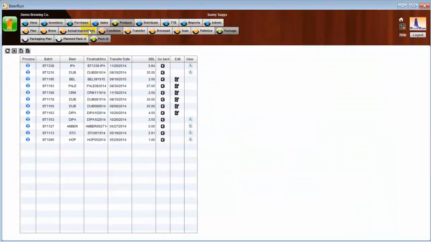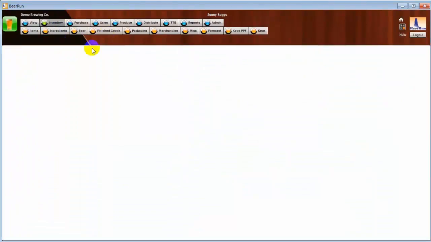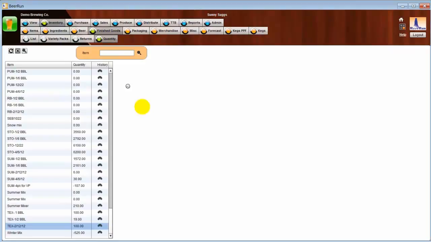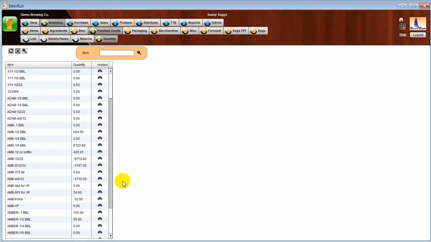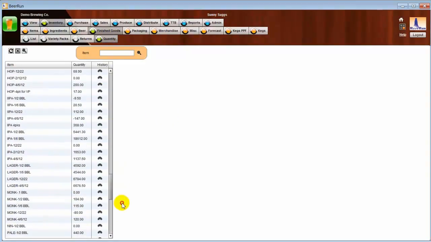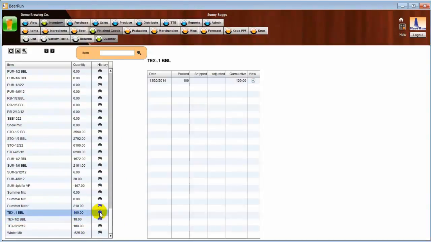Next, let's go to Inventory, Finished Goods Quantity, and we'll see what we packaged, when we packed it,